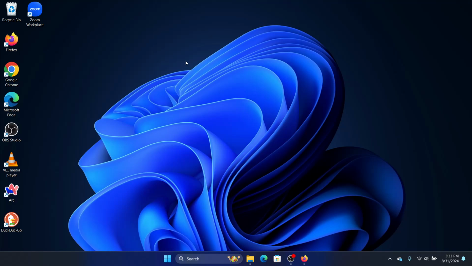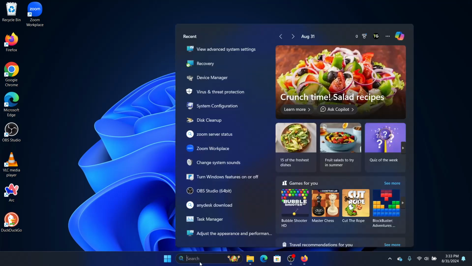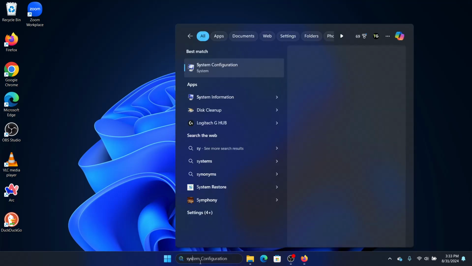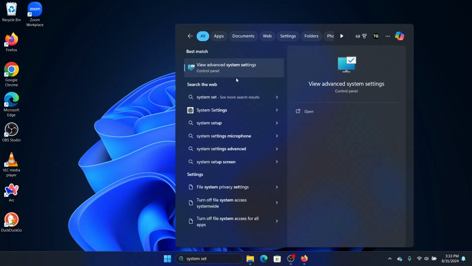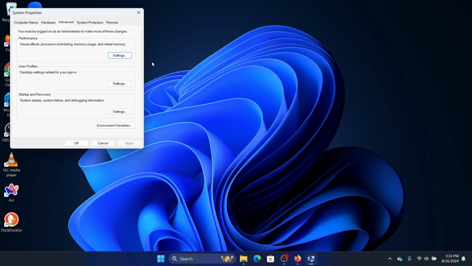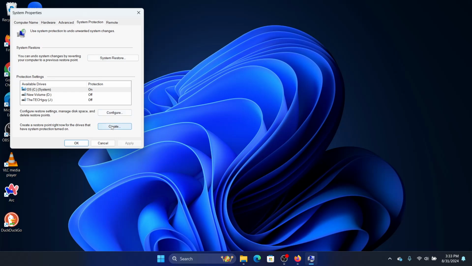If system restore is not working on your computer, then watch this video for the solutions. The first thing you need to do is to look for system settings, advanced system settings in the search tab. So view advanced system settings and we will click on system protection and we will click on configure